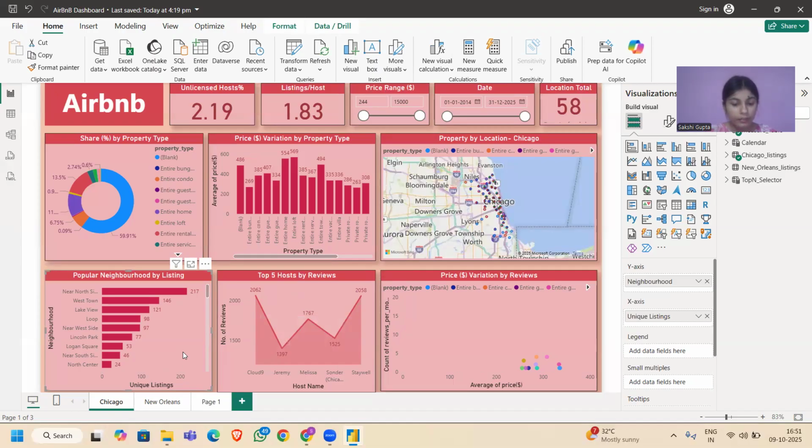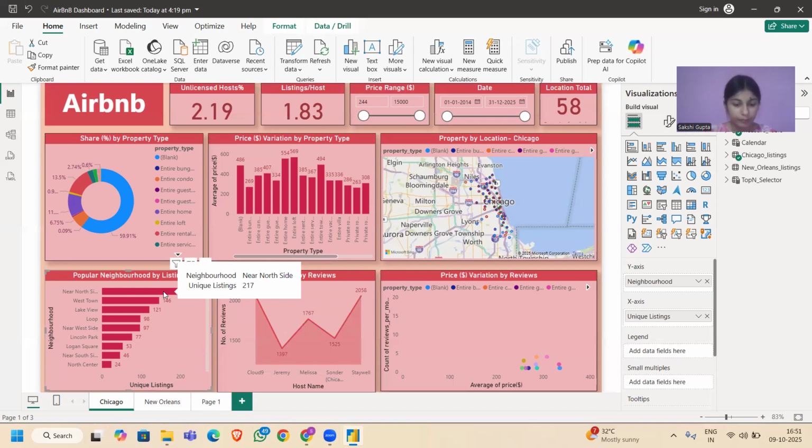For example, areas like West Town and Near North Side have the highest listings. The unique listing count of Near North Side is